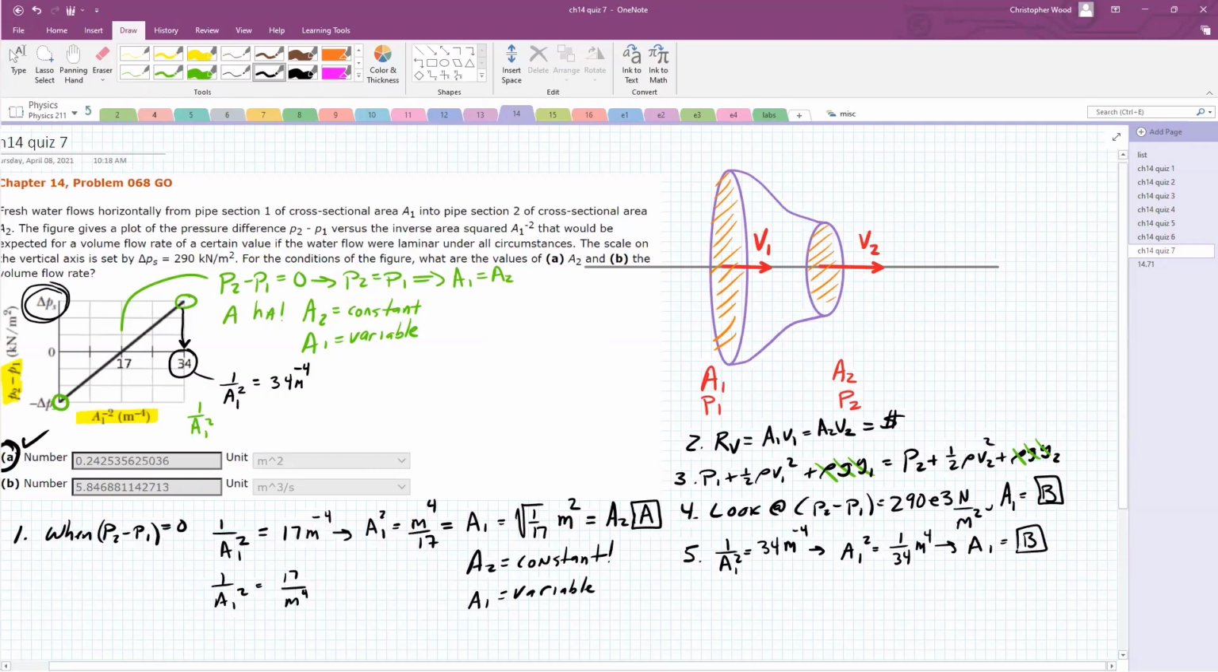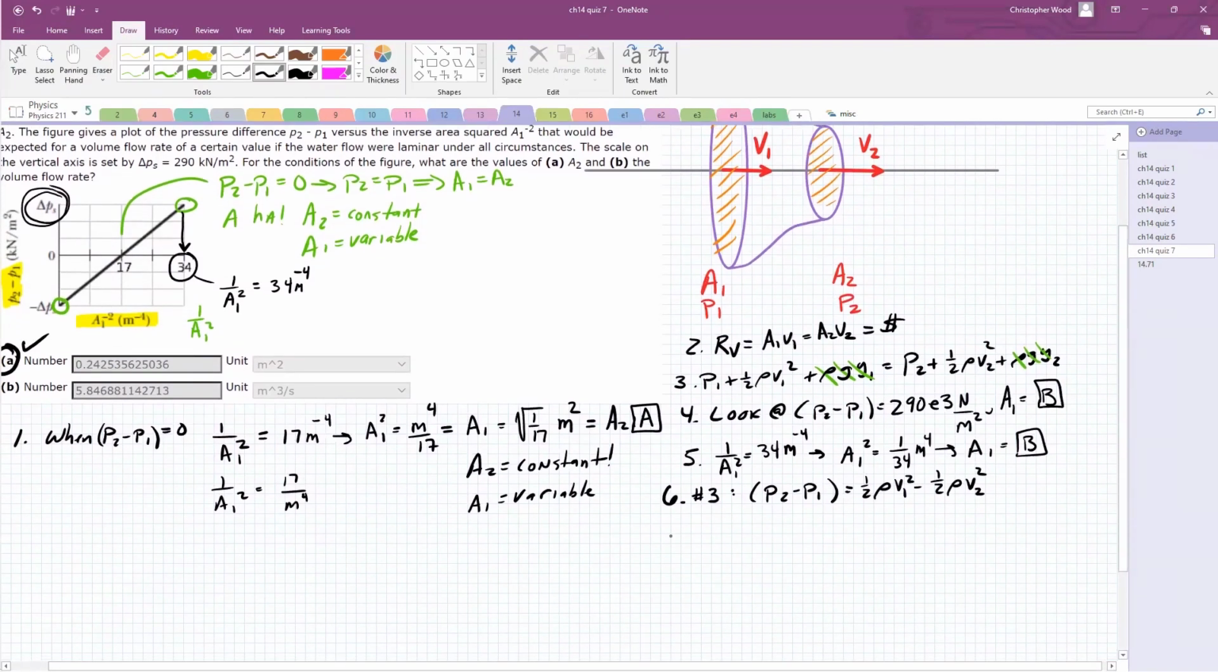Onward. All right, so I'm going back to Bernoulli, number 6, back to number 3. So here's what number 3 is now. I can put number 3 into this form. P2 minus P1, looking at number 3, P2 minus P1 equals 1/2 rho V1 squared minus 1/2 rho V2 squared. And once again, I'm looking at the point where P2 minus P1 equals 290. I'm looking at this point right here. So number 7, P2 minus P1 is going to be 290,000